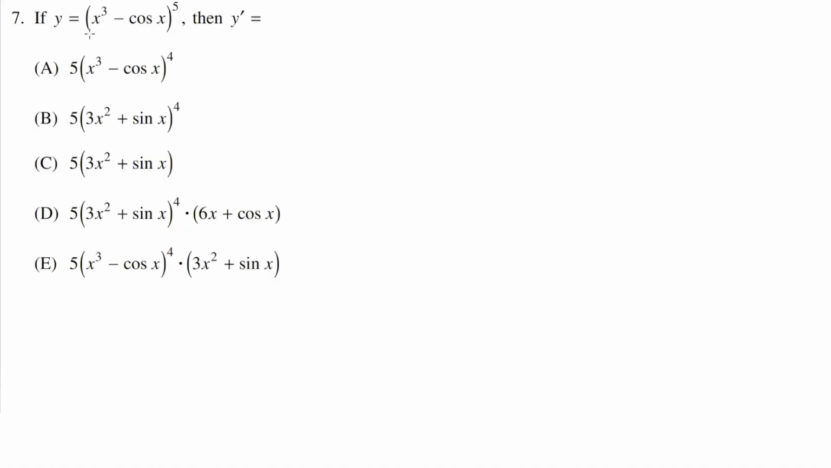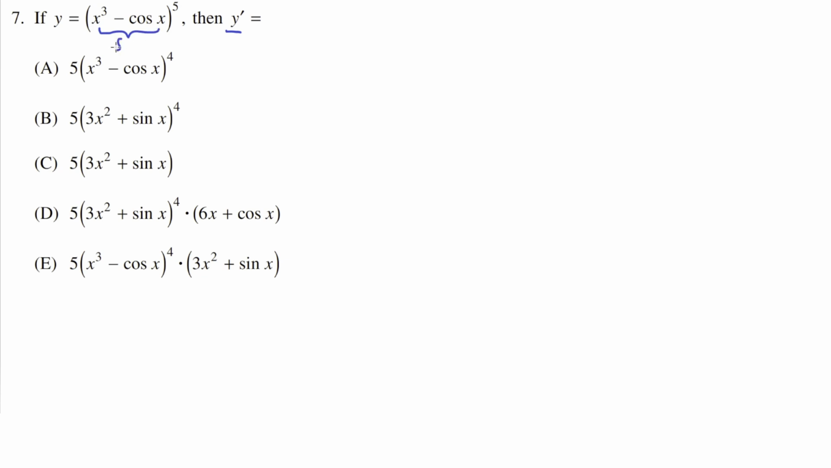If y equals (x cubed minus cosine x) raised to the fifth power, then y prime equals... So we need to find the first derivative of y, which is y prime. And we see here that what we have is a composite function, meaning that we have a